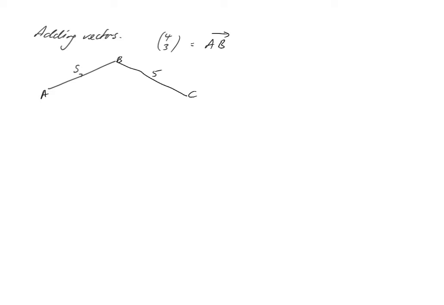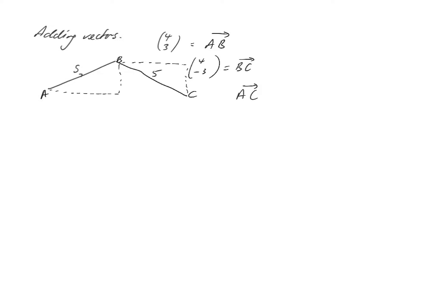BC. Now, to get from B to C, I know that I'm going to go across 4, but down 3. Okay, that's going to be my BC vector. That's something that I've chosen to be correct. Now, if we think about it, we're going to go across 4, up 3. And then we're going to go across 4 and down 3. Okay, now if we want the vector